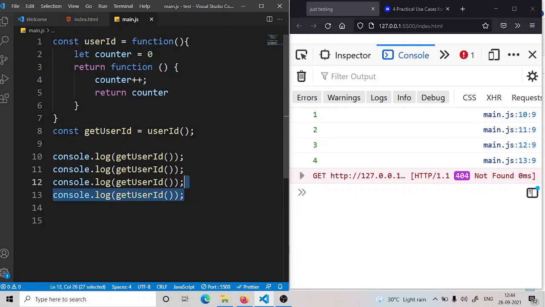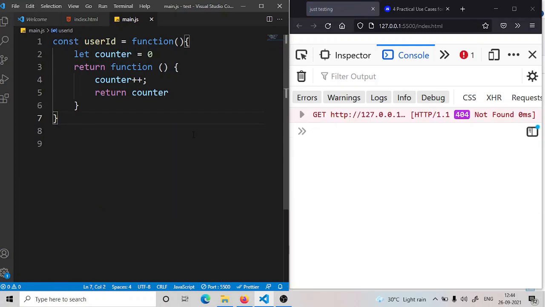You will see IIFE used by many of the libraries like jQuery, because they don't want to pollute the global window, meaning the global scope, with their variables, so they are keeping all things inside private. Okay, they will declare this as jQuery, and declare all these methods which are only accessible through the dollar. So this is the use of